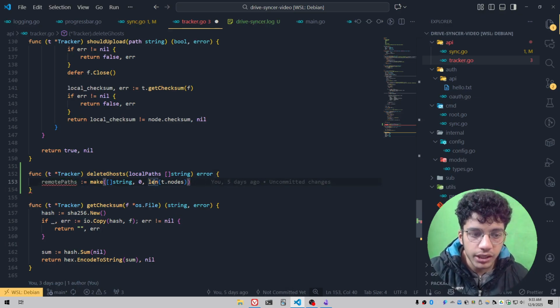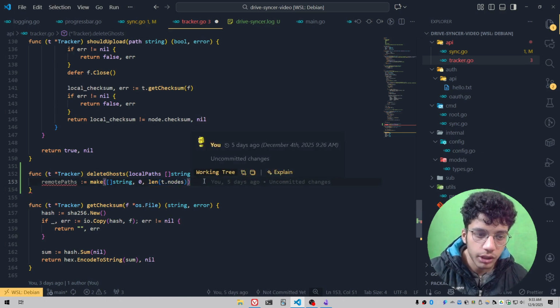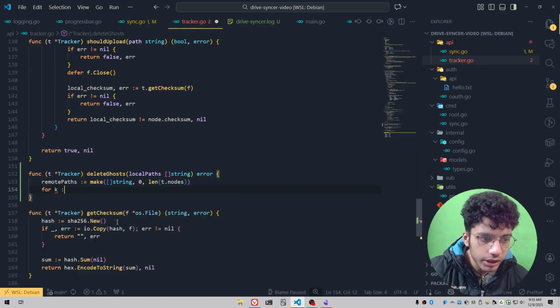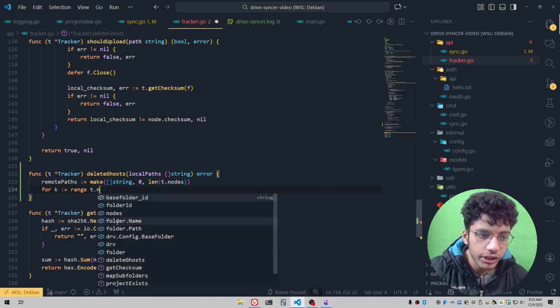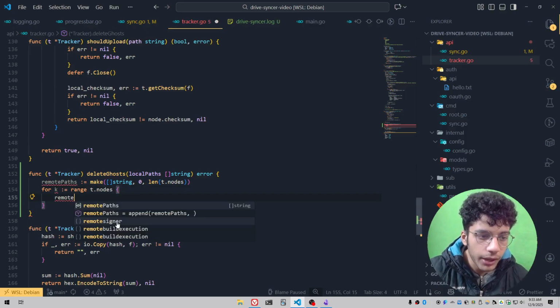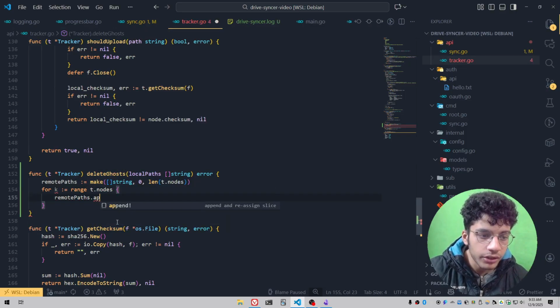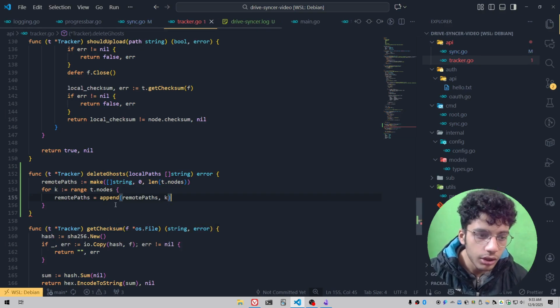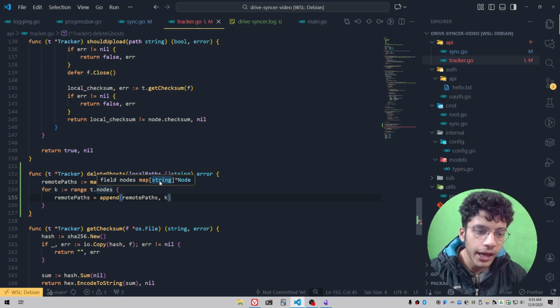That's why I'm adding the capacity of t.nodes over here, because that is how many elements we're going to have in this remote paths list, right? And then we can just loop over the nodes list. We can say for k in t.nodes, and we can say remotePaths = append(remotePaths, k) over here, because k, the key in the nodes list, is going to be the string that is the path to the